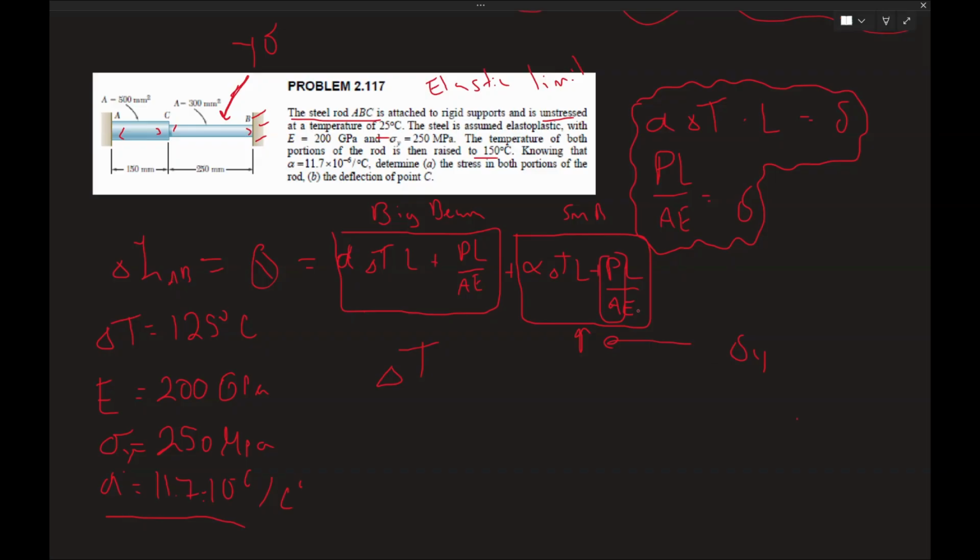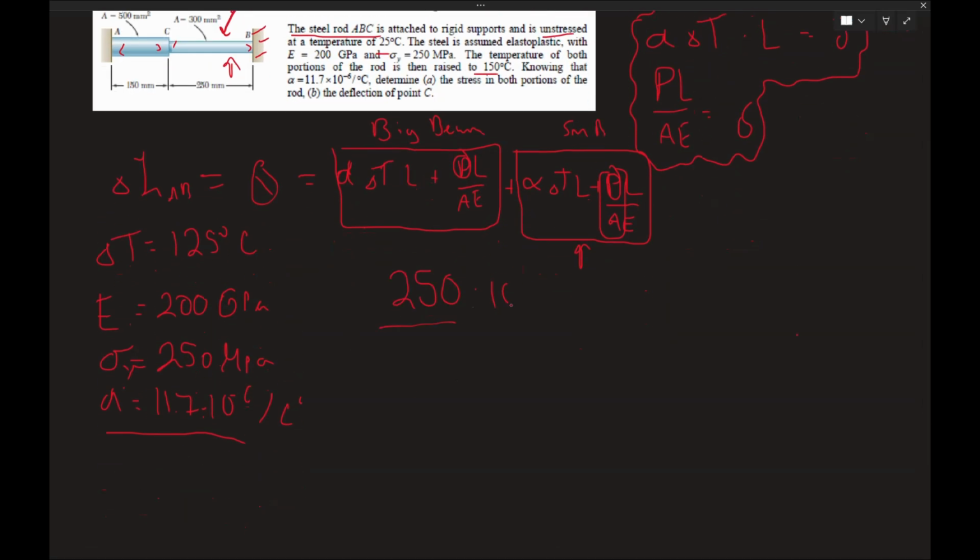It's the yield for the small one. And what force that would be, because we know that the force throughout both of these is going to be the same. So we have to find what force would cause this one to reach its yield. So I actually am doing this wrong. I'm looking for the max force that would cause it to yield. And that force is